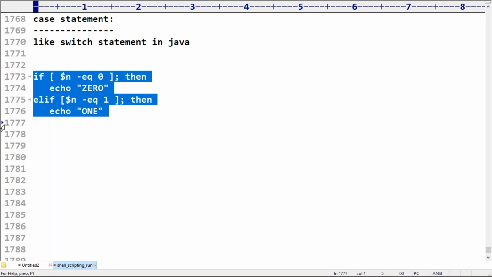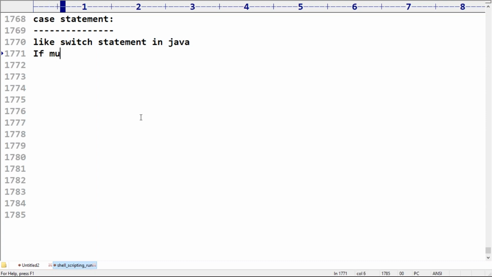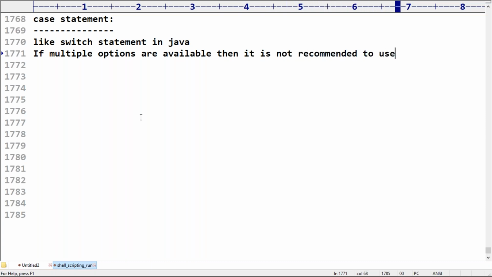So if multiple options are available, it is not recommended to use a nested if statement or an if elif else ladder.